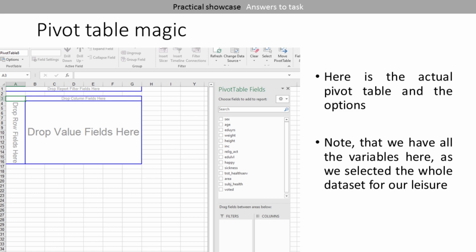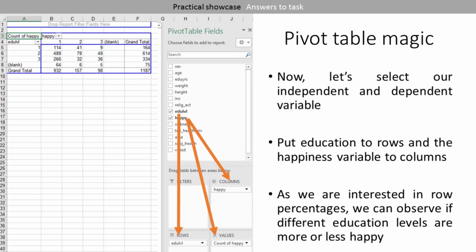And we have certain menus here which we can operate. Every variable is now available for our usage, and that's more practical than selecting just what we need. We can select everything and worry about anything later.